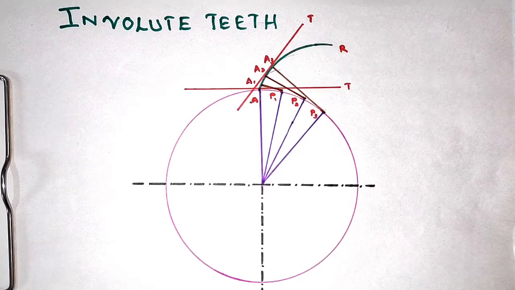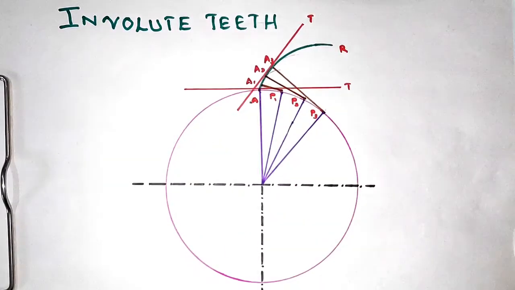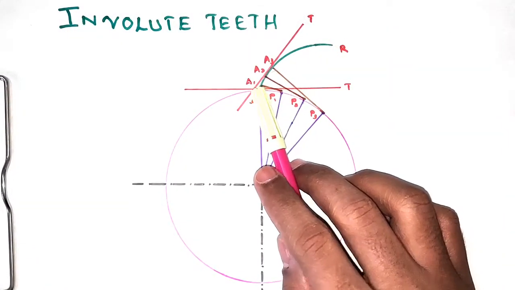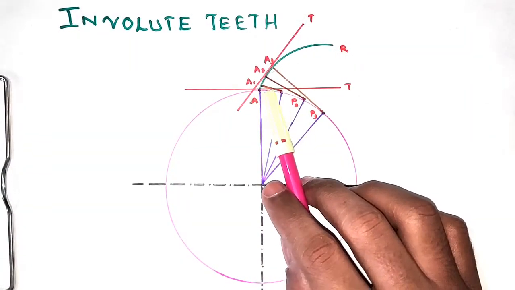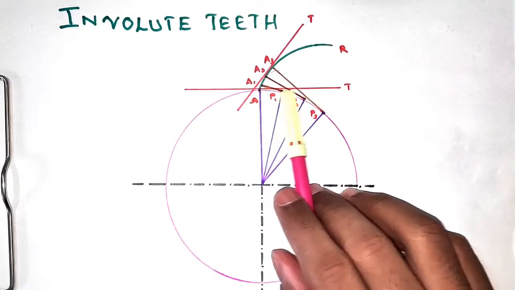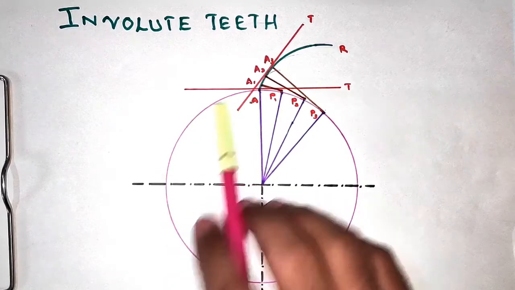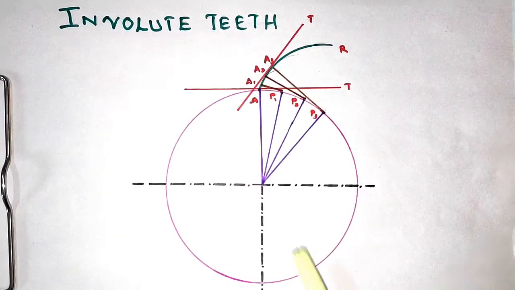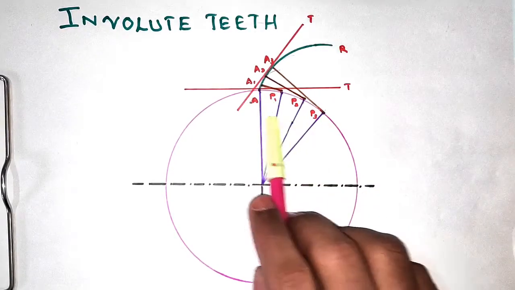If you see here, if this is the circle drawn over here, then this is the point. What we do here is divide this circle equally. I have just divided it equally into P1, P2, P3, P4, and so on. So we divide this circle into equal segments. From each of these points we draw the tangents.